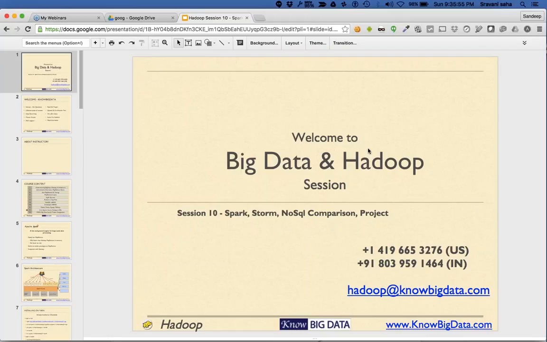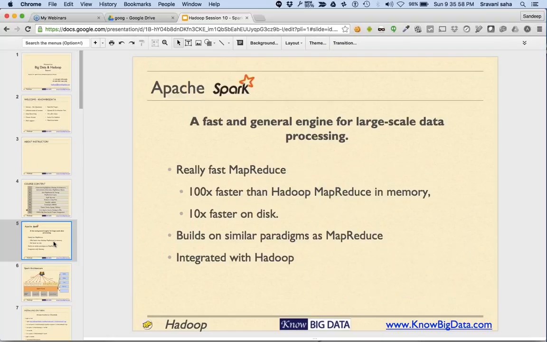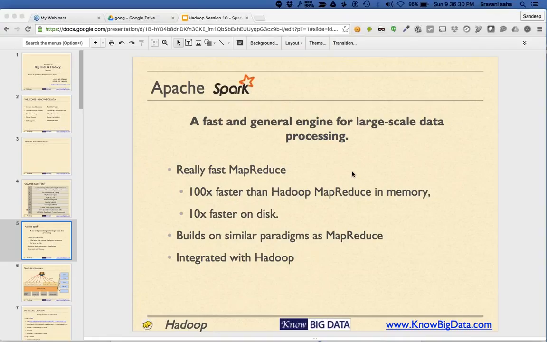So a quick recap of what we are doing right now. We wanted to discuss Apache Spark. We had already started the discussion on Apache Spark. It's essentially a faster way of doing the computation. Spark does it a little bit faster, not a little bit actually, around 10 times faster than the usual MapReduce. It's fairly fast because it utilizes the memory of the computers as much as it's available or okay to use.